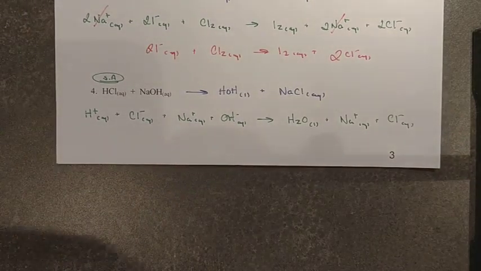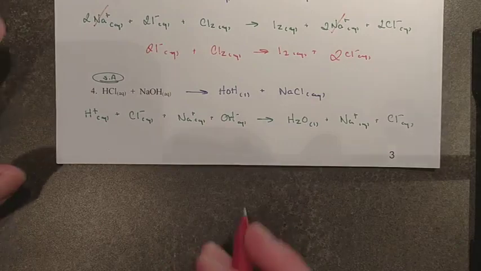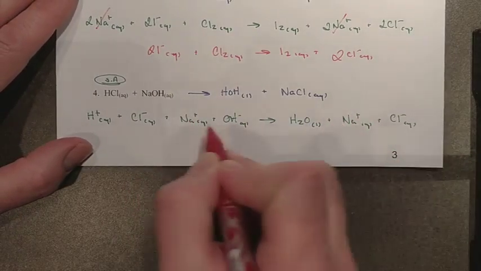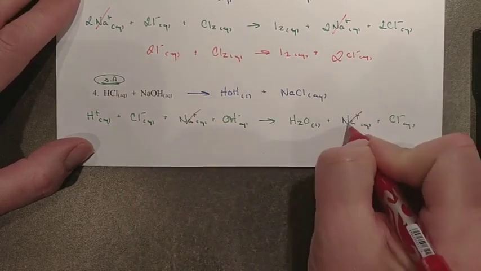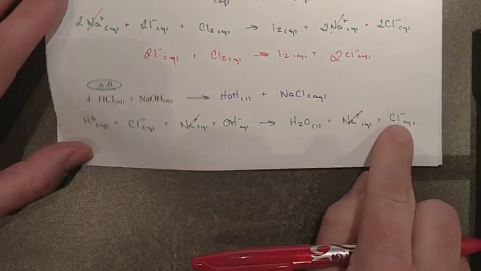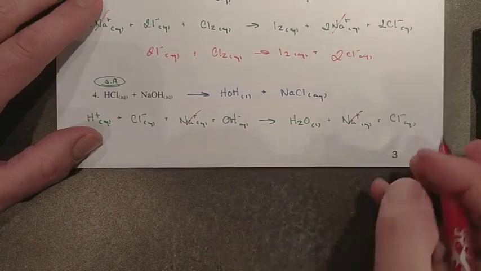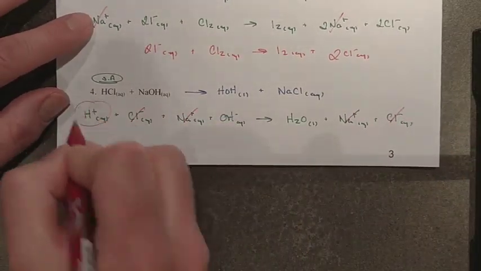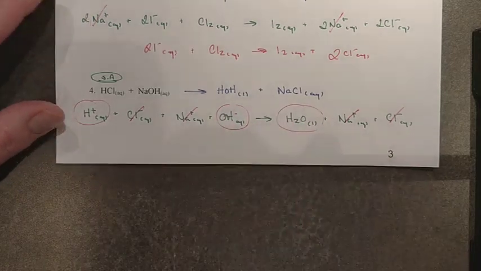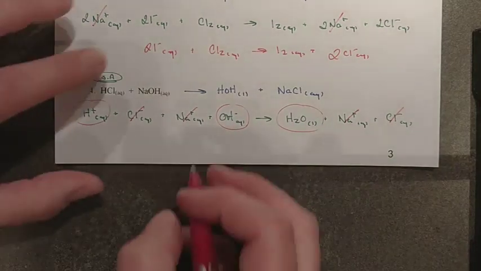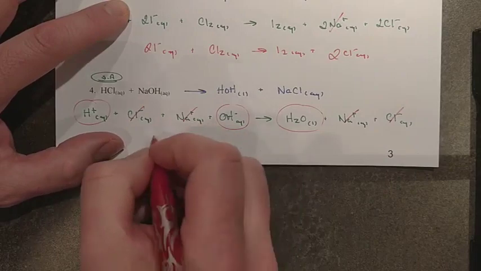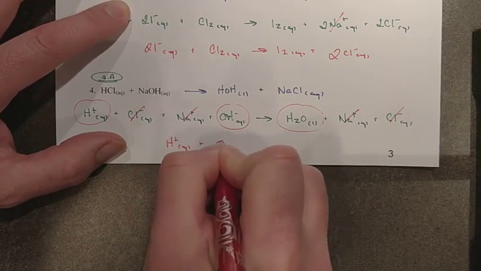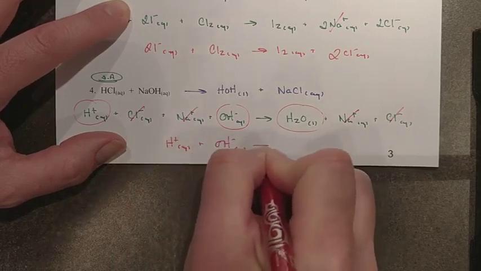Taking a look at what did not change, I noticed that sodium ions are in ionic form and dissolved on both sides. So it was a spectator. Same thing also with my chlorides. They were spectators, and so all that really changed here was hydrogen and hydroxide forming molecular water. So my reaction, when I take a look at it, is H+ plus OH- to give me